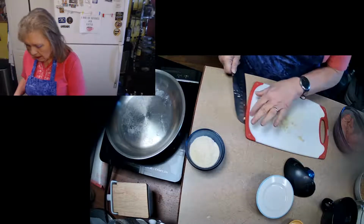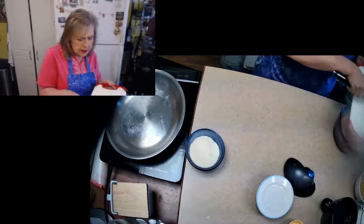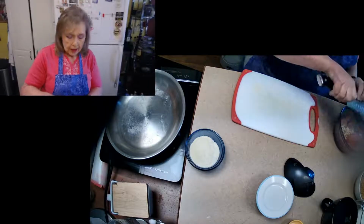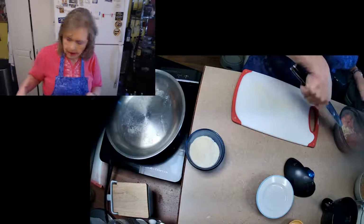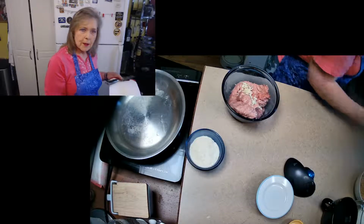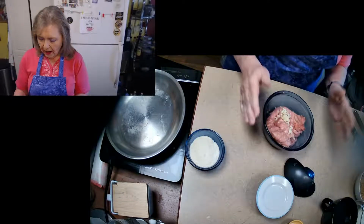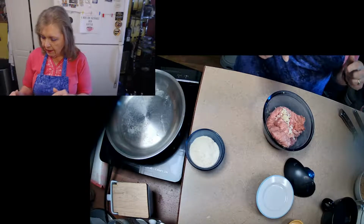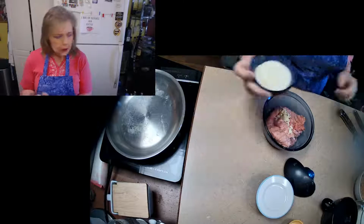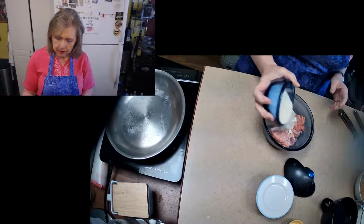Okay, so there we've got our garlic done. And we are going to add 1 big clove or 2 small cloves of garlic. I really recommend that you use fresh garlic in this because it just gives a nicer, brighter taste. And because we're doing keto, we want to keep things whole as much as we can. So we have 1 pound of chicken. We have 1 large garlic clove minced up, and to that we are going to add 65 grams of Parmesan cheese,